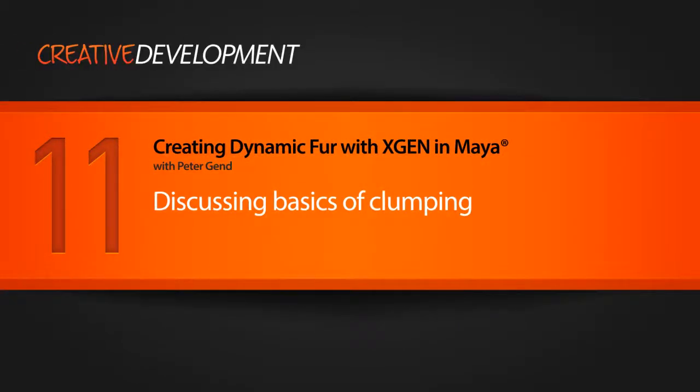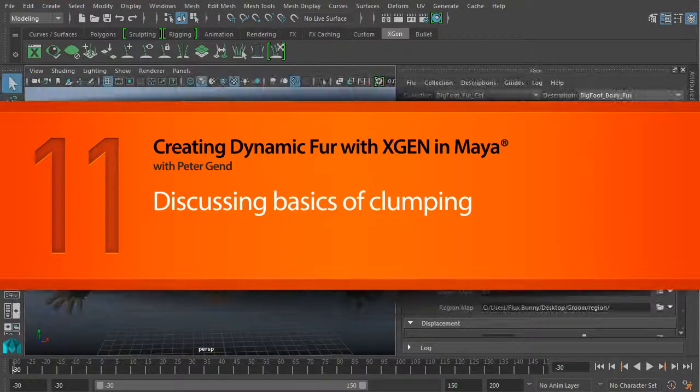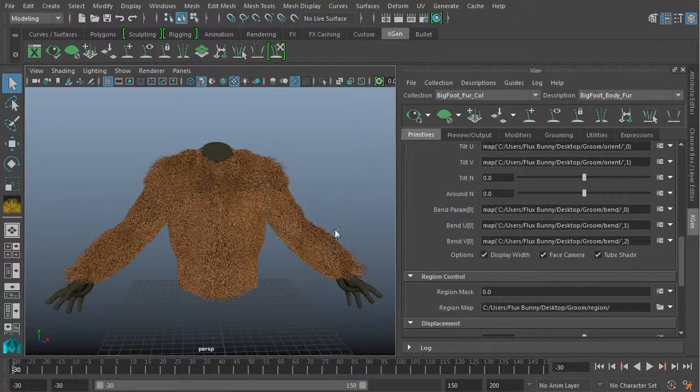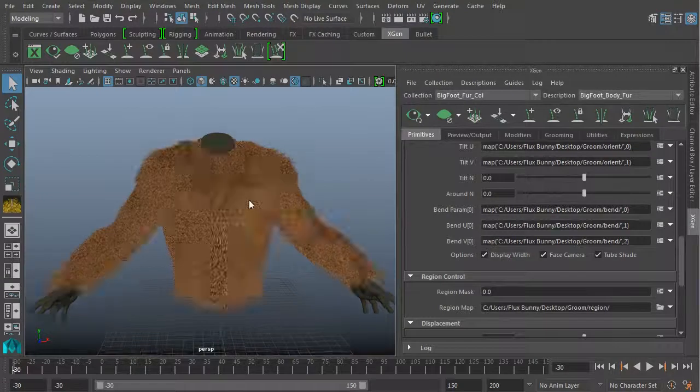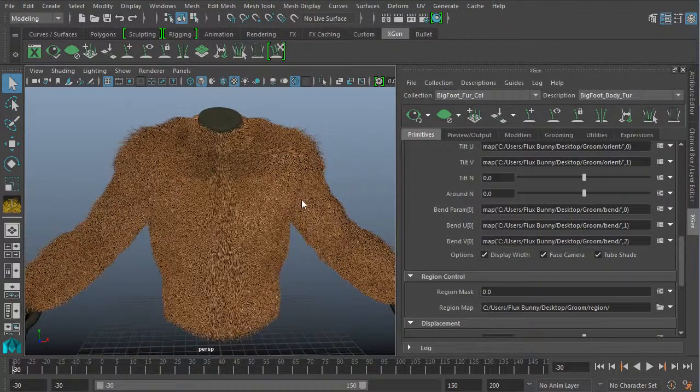Okay, so we're back here. This specific file is called lesson 11 begin, and it's almost identical to the file we left off at. I did just go and up the density a tiny bit. That was about it. So what we want to talk about in this lesson is at least introduce the concept